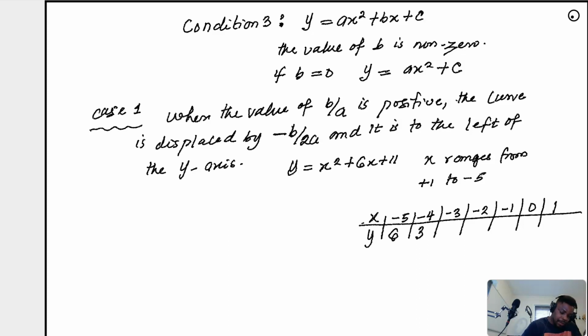When x is -3, I'm getting 2. When x is -2, I'm getting 3. And when x is -1,